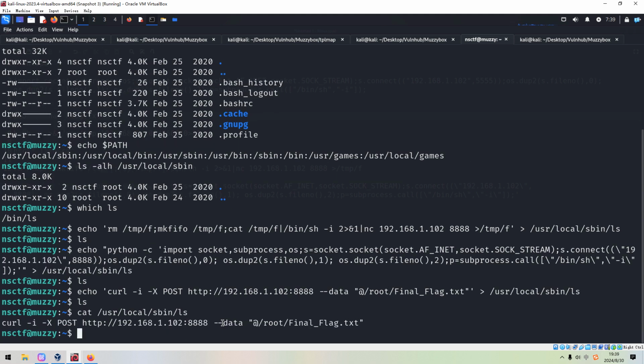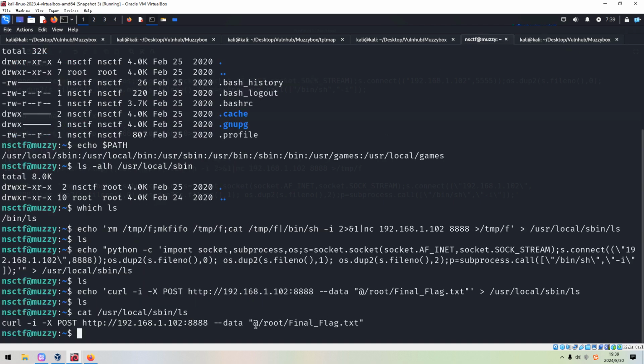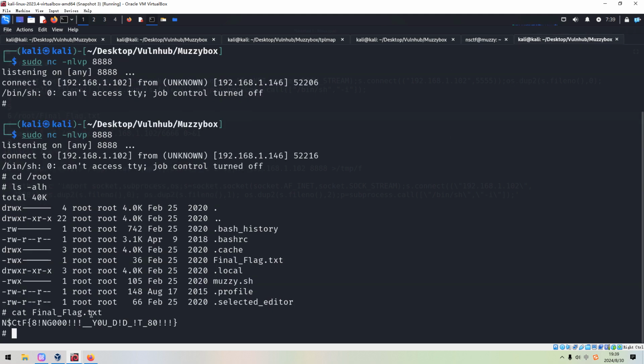This is not a reverse shell. Very weird. I get the connection. I just want to submit the content of this file with the POST method. Very strange. Anyway, we have already retrieved the final flag.